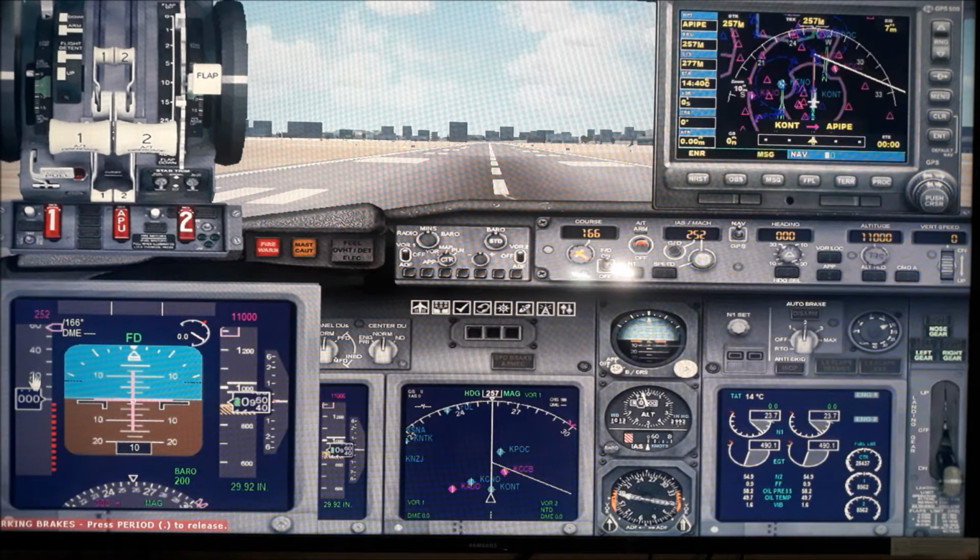Now here the speed we will keep 250, and right now it's showing 0 as indicated speed. There are different speeds which we will talk about later, but this is what is indicated in the plane, and the auto throttle is controlling this IAS, indicated airspeed. You can see here IAS.